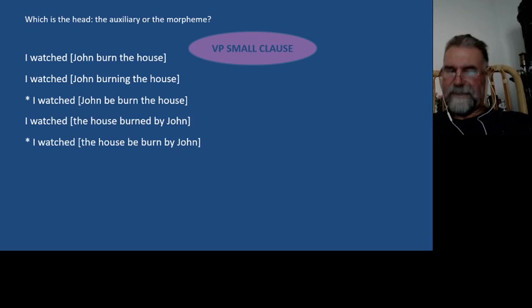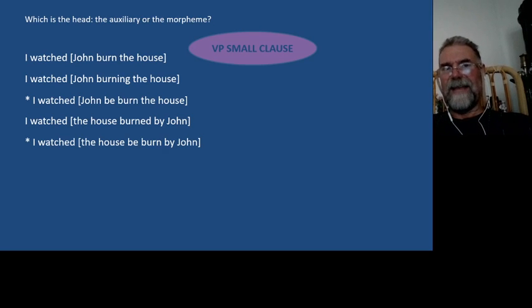There we've got, besides the other things that happen with the passive, the theme in the subject position, etc., etc. But here we've got the passive morpheme on the verb and no passive auxiliary. And again, you can't just use the passive auxiliary to express this thing. You can't say, "I watched the house be burned by John." Okay, so it looks then, to all intents and purposes, that it's the